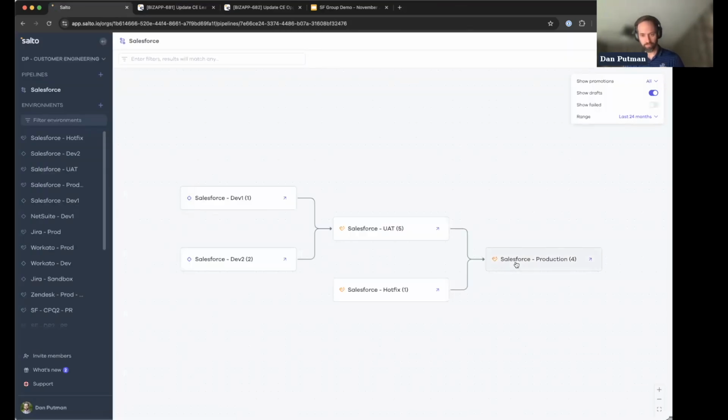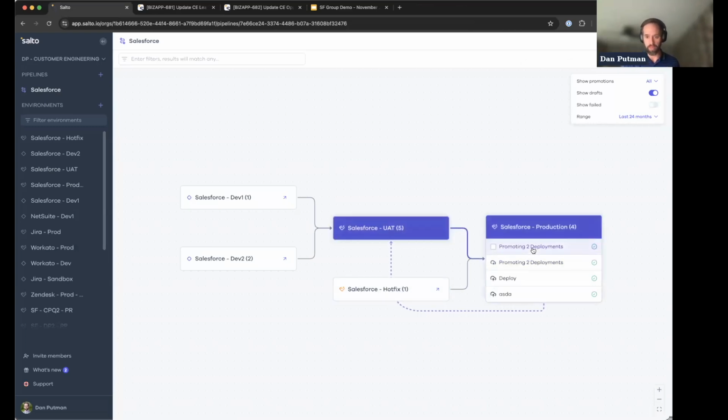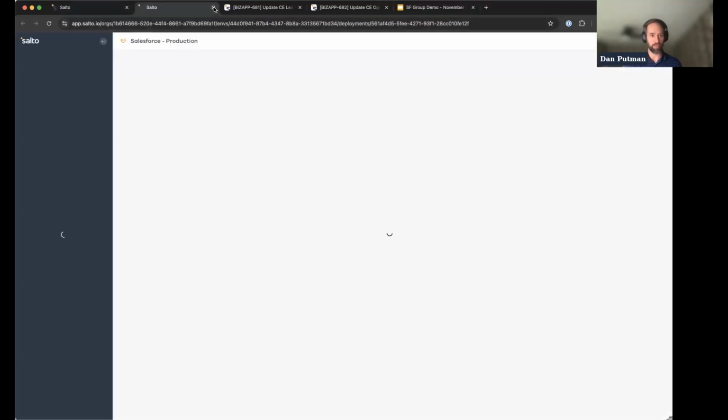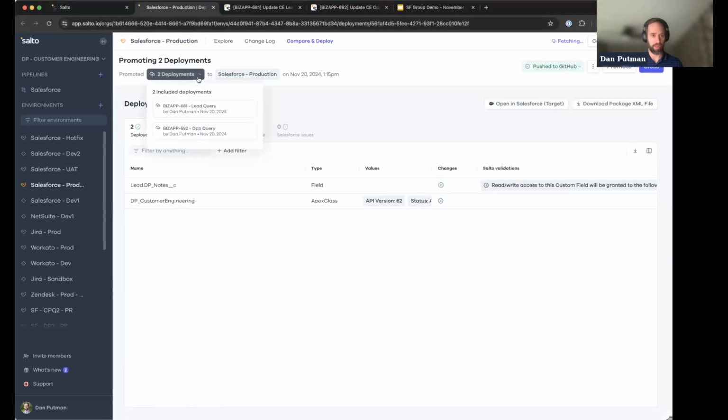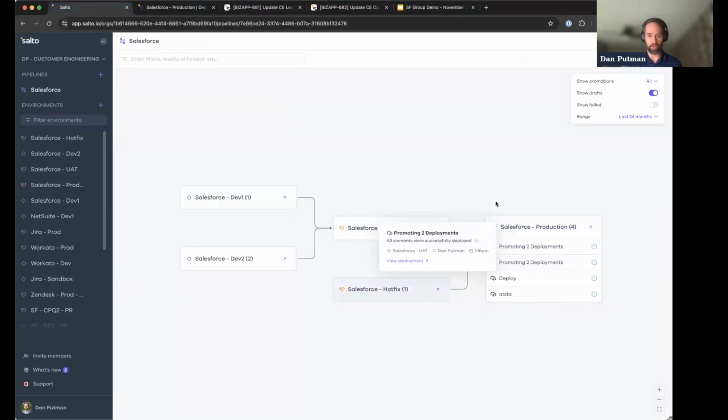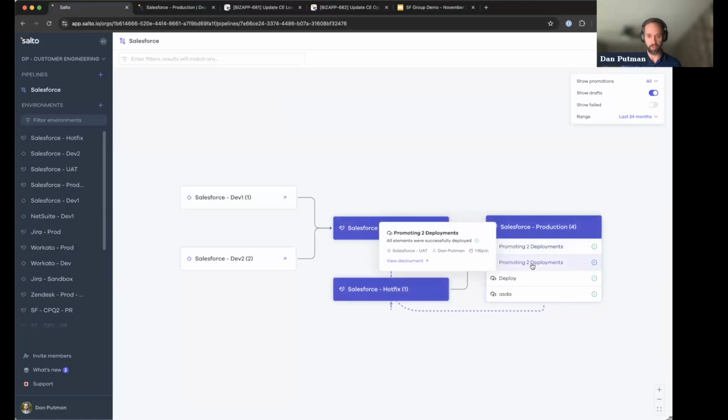There we go. And now I see that in production, my latest deployment going from UAT into production. You can see my previous one that I was testing earlier. Again, that deployment is complete. I have a record I can come back to of what I promoted. And then in the pipeline, we notice the difference here is that one of them has been back promoted to hotfix